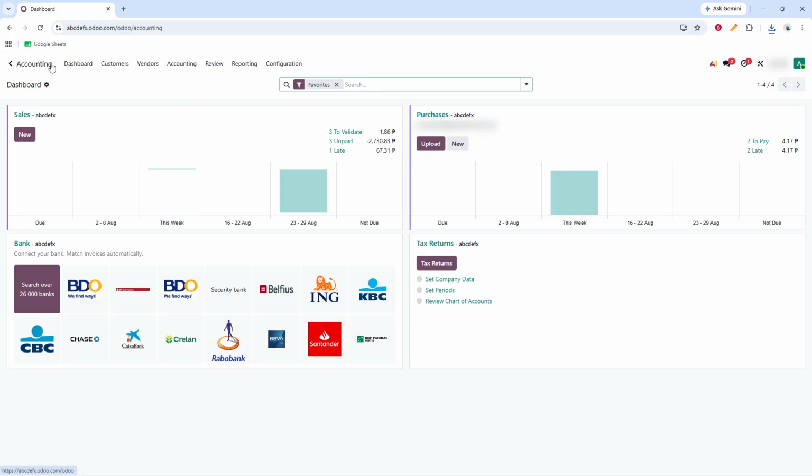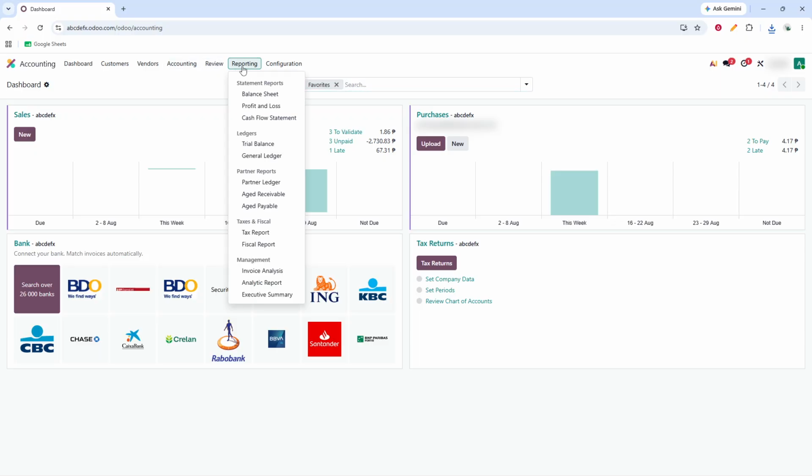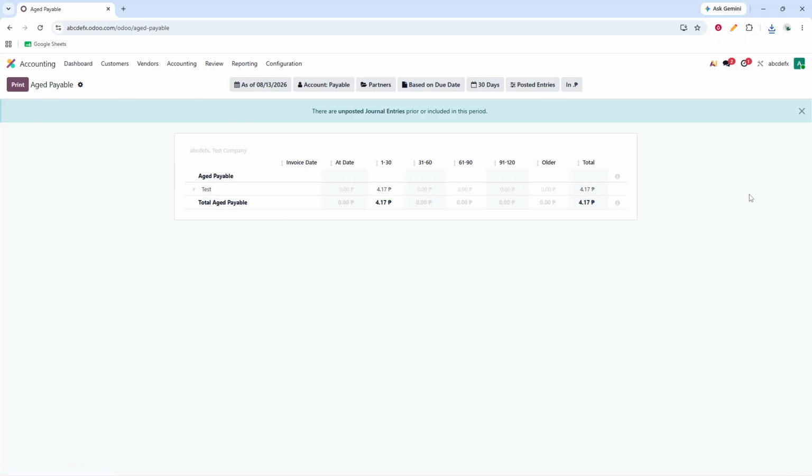Once you're inside the Accounting module, go to the top menu and click Reporting. From there, under Partner Reports, select Aged Payable. Odoo will open the Aged Payable report and display the outstanding amounts owed to your vendors. This report is especially useful when you want a clear picture of unpaid bills, overdue balances, and upcoming payment obligations,